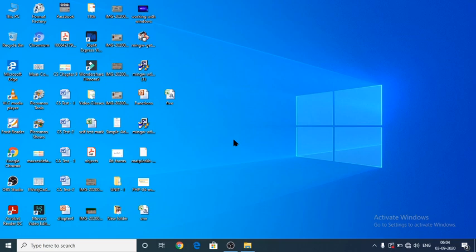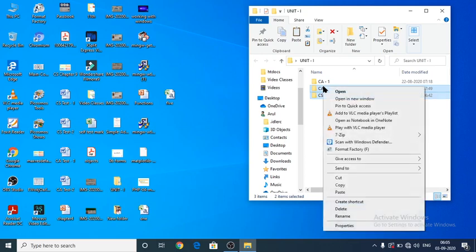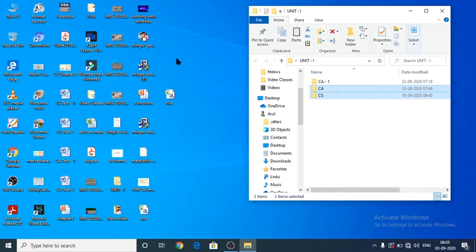So next one is copying files and folders. The first method is Control C. You can use Control C as a shortcut key to make a copy of your file or folder, or select your file or folder and press the right mouse button. After pressing the right mouse button, the copy option is there, and afterwards you have to select your destination place to make a copy of it.